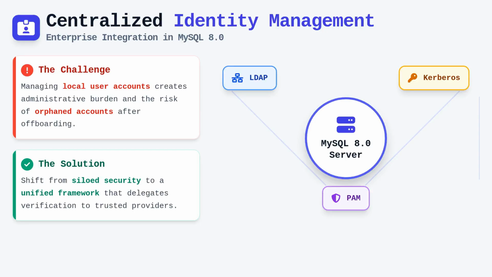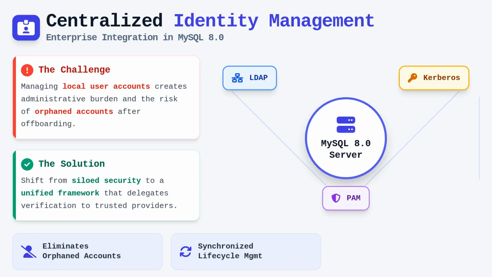When you enable LDAP or Kerberos, the MySQL server no longer manages the user's primary credentials, which effectively synchronizes account lifecycle management across your entire organization. This reduces the risk of orphaned accounts remaining active within the database after an employee has been offboarded from the company's central directory. Configuring these components involves not only enabling the relevant plugin on the server, but also ensuring the client environment is properly prepared to provide the required authentication tokens. It represents a shift from siloed security to a unified, manageable framework that inherently scales better as your infrastructure grows in complexity.